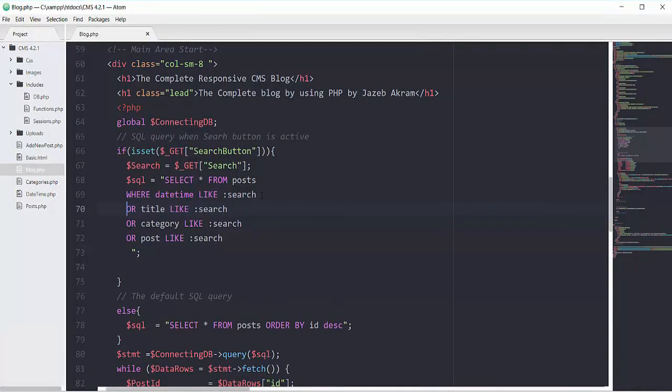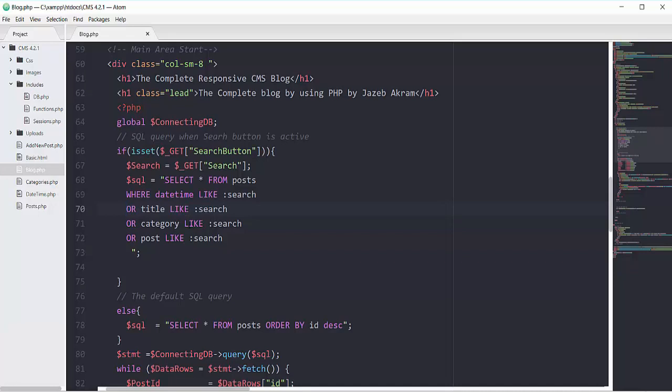So I'm using the or operator, which means if you find results according to whether it's a title or category or post, show me results. I'm not using the and operator because with the and operator it will only return me results when all the conditions are true. So I'm just saying here if any of the conditions is true, then show me the results.